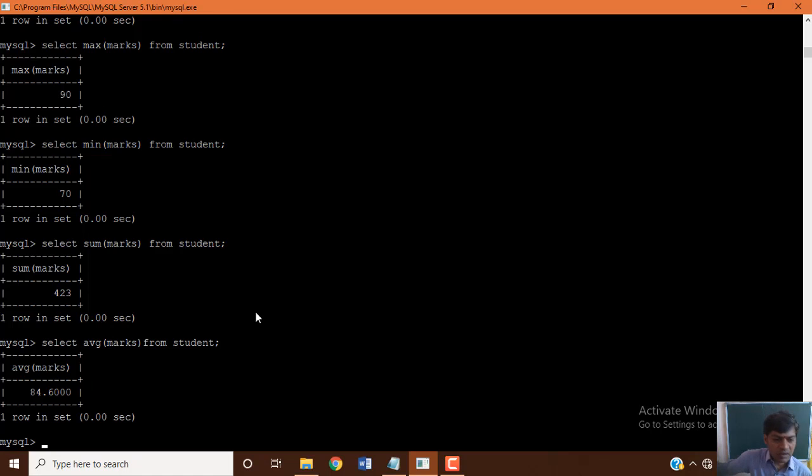So like that, you can work with any table based on your requirement, the data which you want to fetch. Okay, so aggregate functions like this you can work with, and you need to know that count works with different formats: expression, asterisk, distinct and all followed by a field name. When you are using expression, distinct or all, you need to specify the field name or attribute name. When you are using asterisk, no need to specify, and you should know the difference between that. Okay, count of asterisk and count of field name.